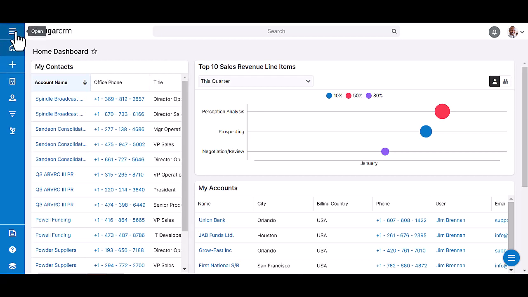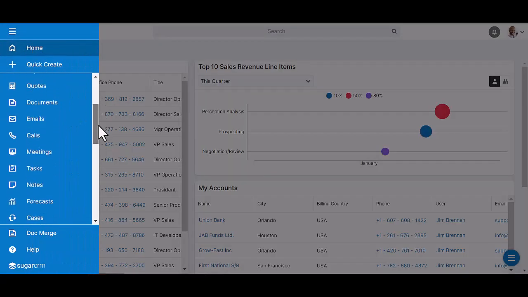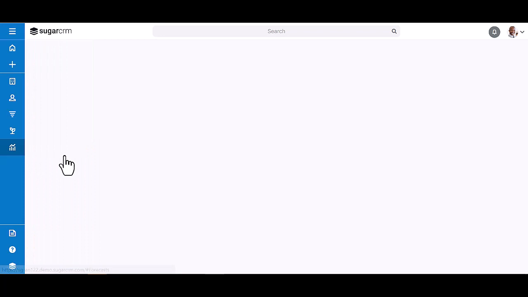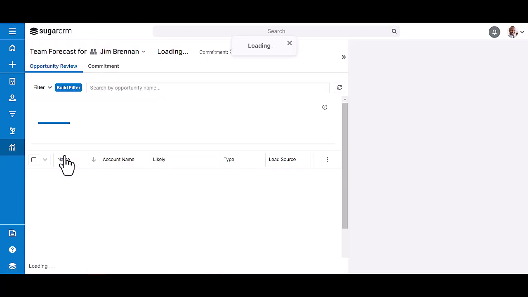In this video, we'll show you how to set a quota. When the sales manager accesses their forecast module, they will see their name at the top left of the page